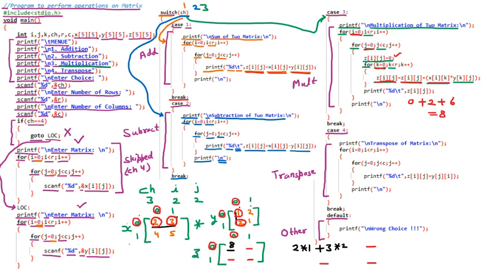So this way all the matrices are multiplied one after the other and all the results will come, and afterward the matrix will be printed Zij. So \n for the new line. Every line whenever it is printed it will be going to the next line. So this is how the matrices are multiplied.